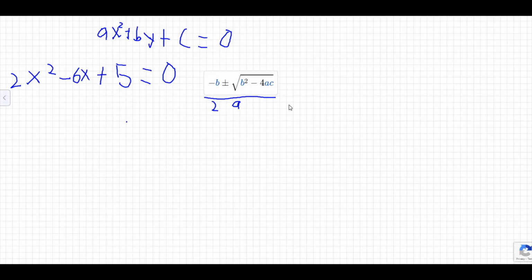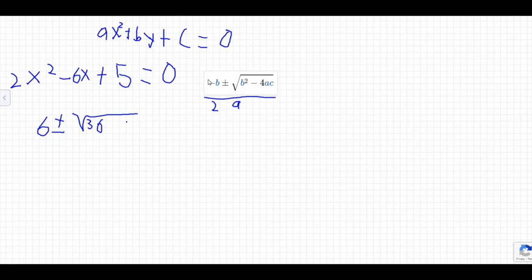And also, like all equations, you need this formula to solve for the roots. Okay, so first, let's plug it in. Negative b. Our b in this case is negative 6, so negative b would be positive 6. So positive 6 plus or minus the square root of b squared, where b is negative 6. So negative 6 squared is 36